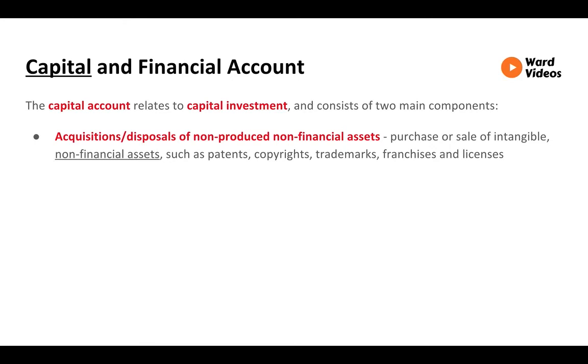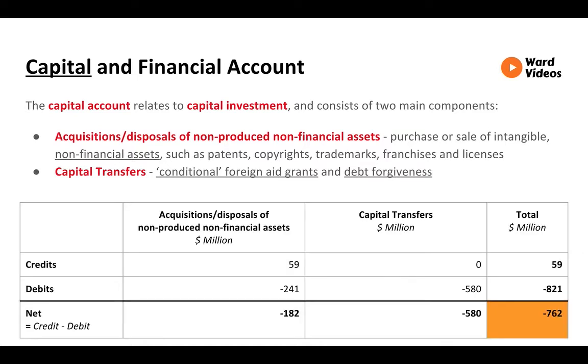Acquisitions and disposals of non-produced, non-financial assets. Purchase or sales of intangible, non-financial assets such as patents, copyrights, trademarks, franchises and licenses. While we have capital transfers, conditional foreign aid grants and net forgiveness. In 2016-17, the total value of the capital account was negative $762 million, tiny when compared to the $29 billion